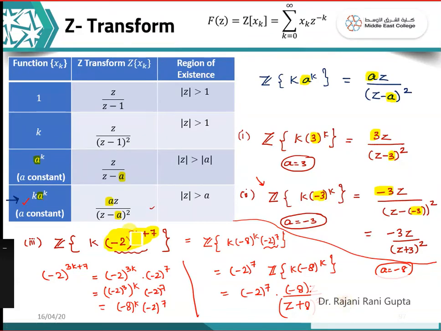So in this question, I just simplified this term first, and wrote it like this. Then I just kept the value here. So the question is not changed. I just substituted this value here and then started working so that this rule is used. This last rule can be used in this way. So as it was minus 8, we put minus here and plus here.